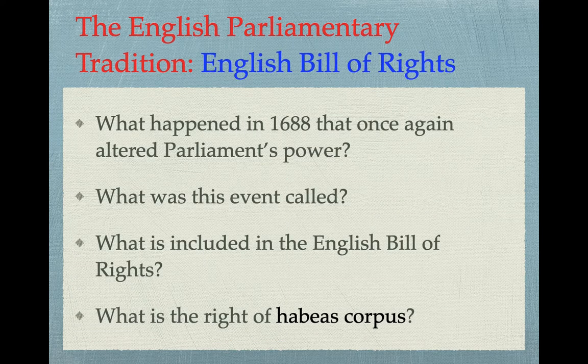In 1688, King James II is on the throne, and he is an open and proud Catholic in a country that is Protestant. So the people really didn't like him, and he was pushing through some agenda that gave Catholics more rights to worship in peace. But at that time, it meant to the Protestants that they were not going to be able to worship in peace. So the Protestant majority basically write a letter to his daughter Mary